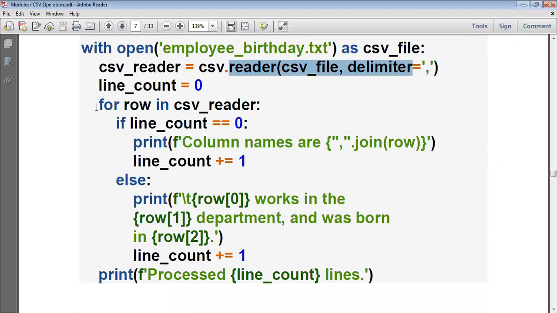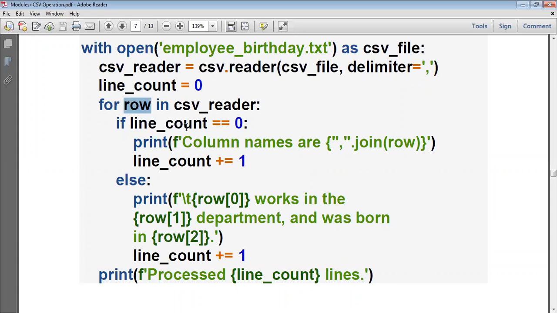I will use a for loop: for row in csv_reader. The entire file is read here and stored in the variable csv_reader. In this variable I will read each and every row. The first row is stored in row.